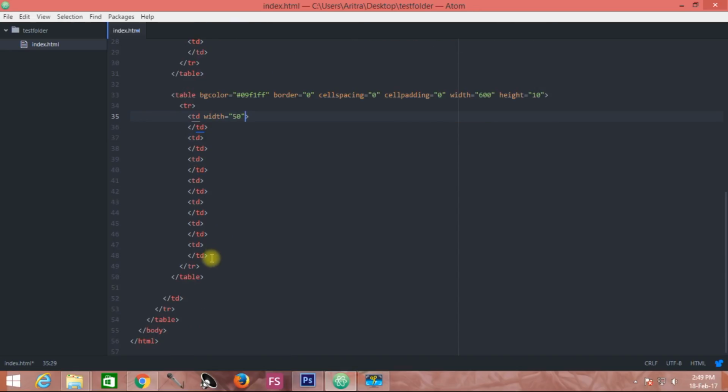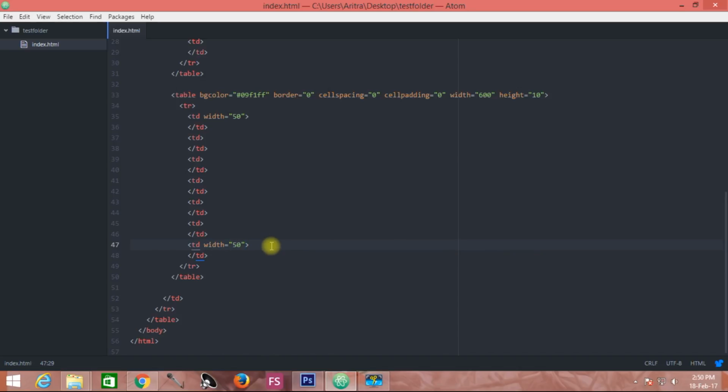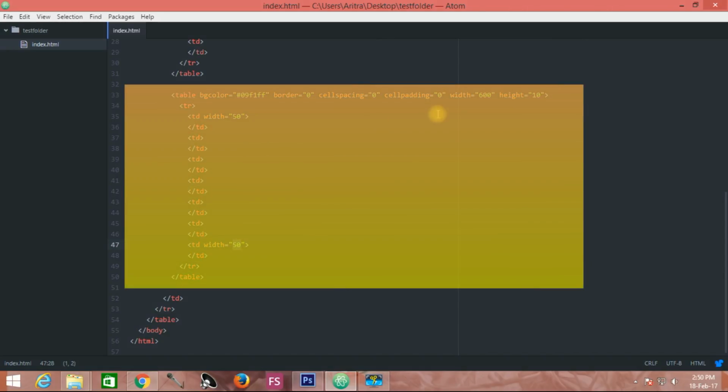This is the first column, and just copy it over here, and this is the last column. Press Ctrl V. Now you have consumed 50 plus 50 pixels over here, that means 100 pixels in total, and this is a total width of 600 pixels over here. So the remaining 5 columns should have 100 pixels of width each.